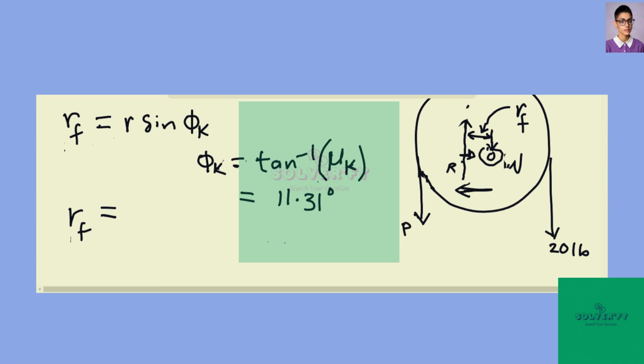The diameter of the axle is given in the problem to be 1 inch, so half of it is 0.5, times sine of 11.31 degrees. When you solve that, you're going to arrive at a friction circle radius of